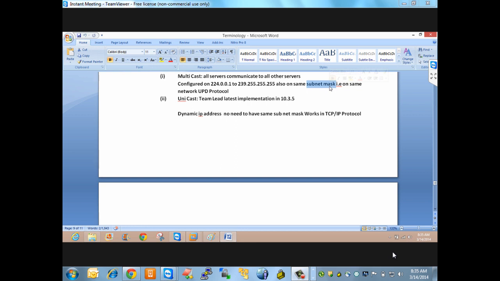Communication happens, but in multicast the servers should be configured in the given range, 224 to 239, and they should be on the same subnet mask. That means they should be on the same physical network. They cannot be spread over different physical networks. For example,